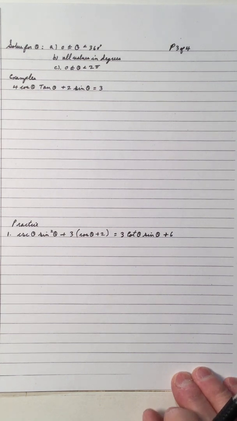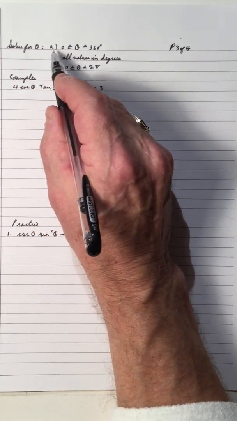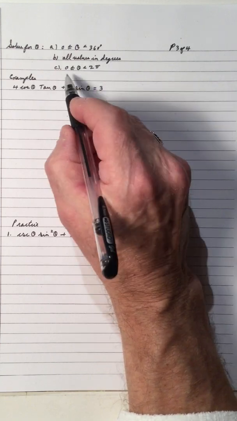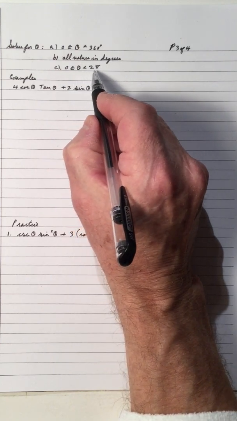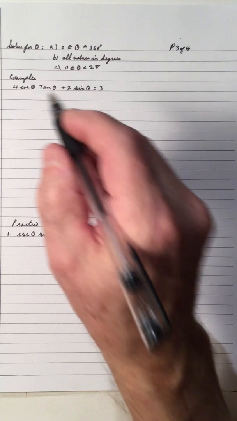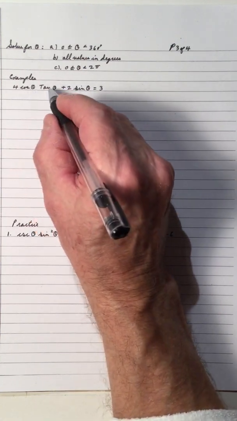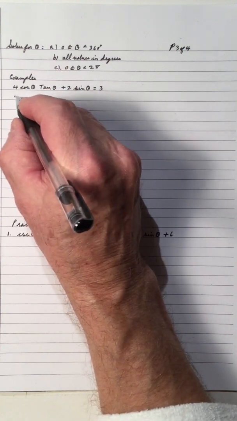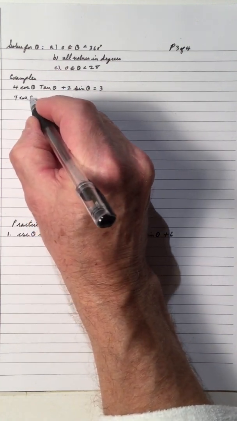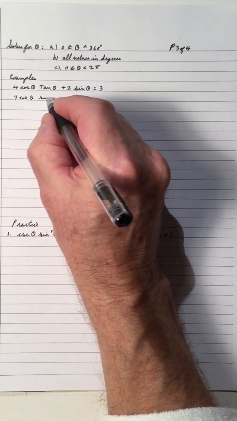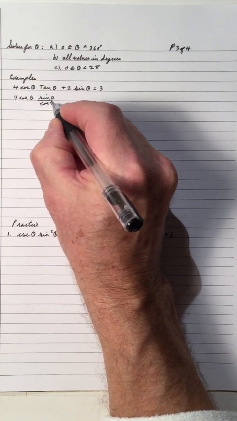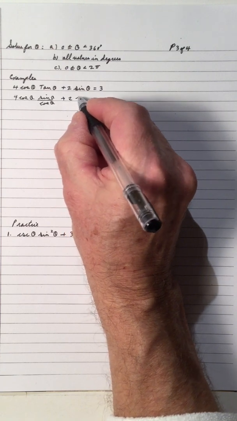So let's do an example here. Solve for theta, first in the interval 0 to 360, with all the values in degrees. Then we're going to give the answer in radians for each one. So 4 cos theta tan theta plus 2 sine theta equals 3. So tan is sine over cosine, plus 2 sine